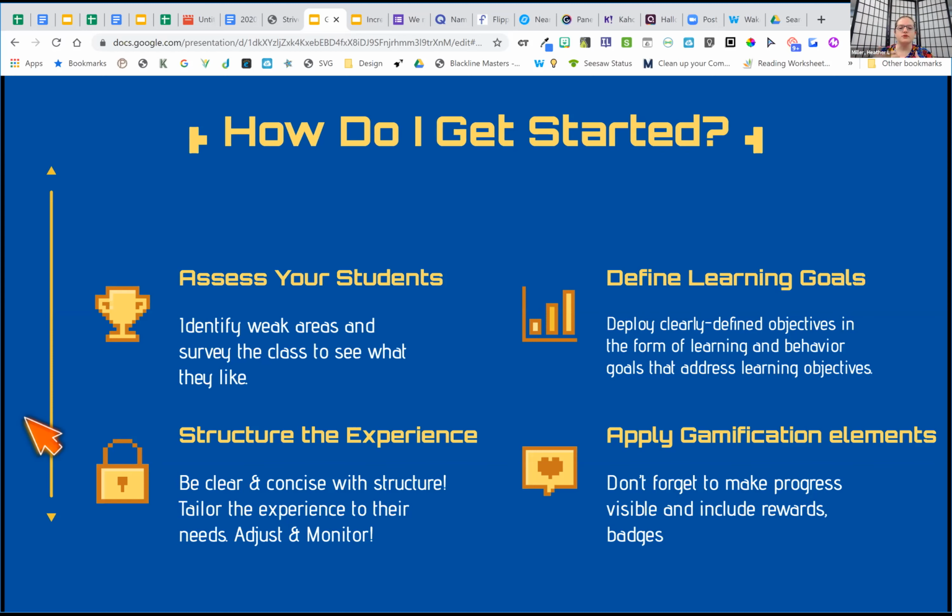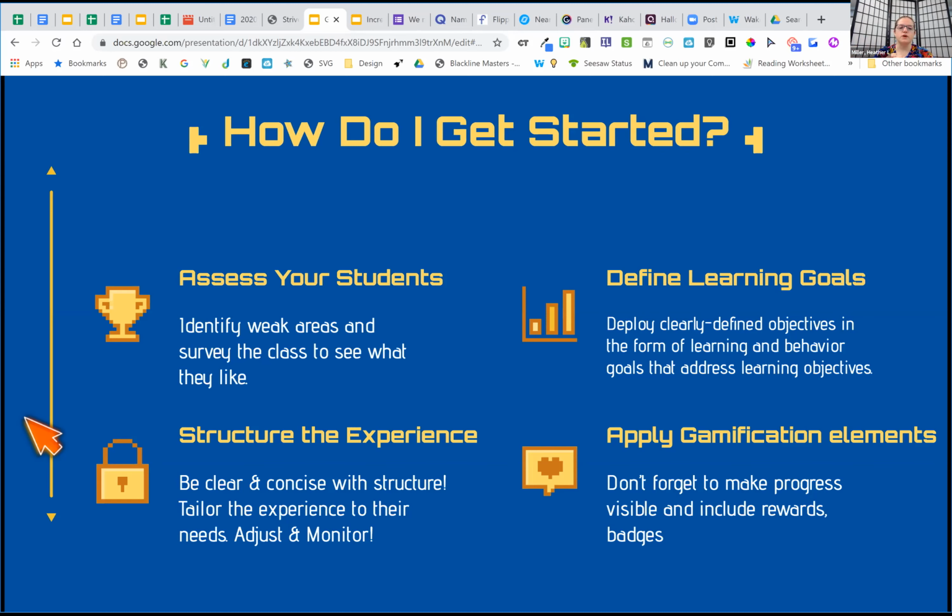You also want to define the learning goals and objectives, making sure that the game pertains to what you're doing. And some of the things that we're going to do today are just for fun, but we do have some ones to show you that are more along the lines of the TEKS that grade levels are learning currently.